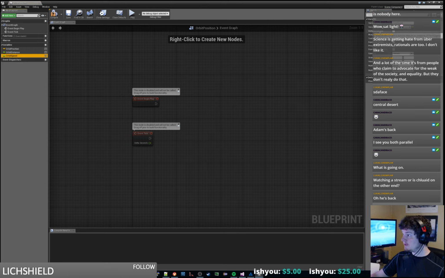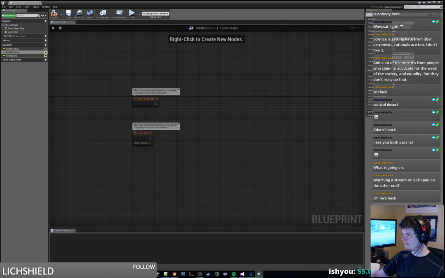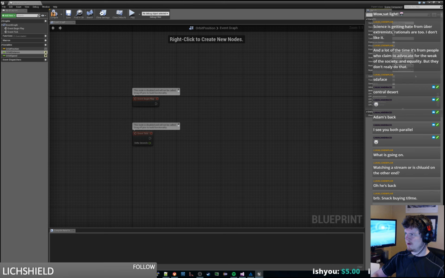And I want this to be instance editable. I'm going to try to make it so you can use this. Okay, yeah, our orbit position is going to be just where it is. It's not editable in a blueprint. Orbit distance, we want to actually set to something. We want the slider range to start at 1 and go to 1,000. And again,